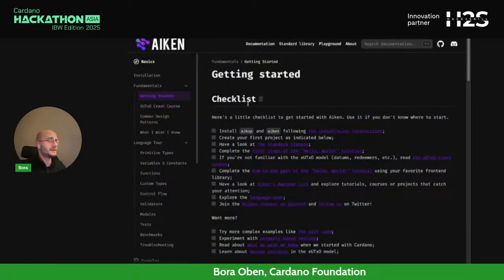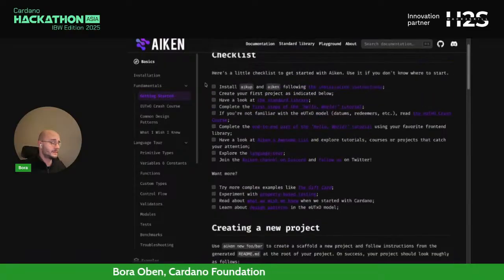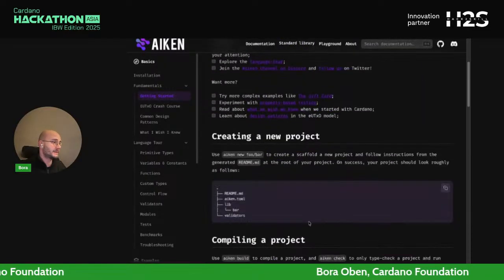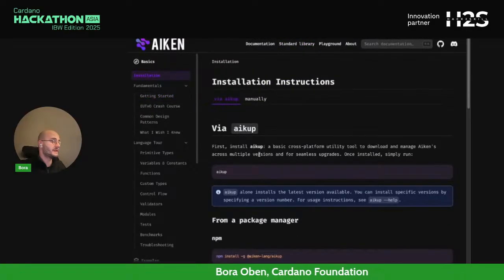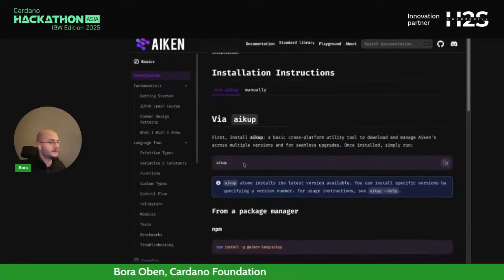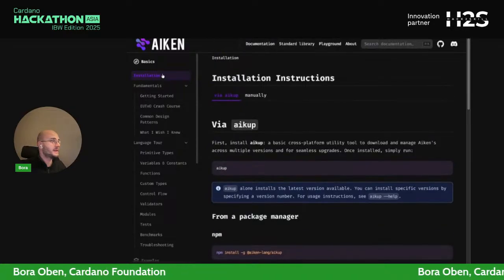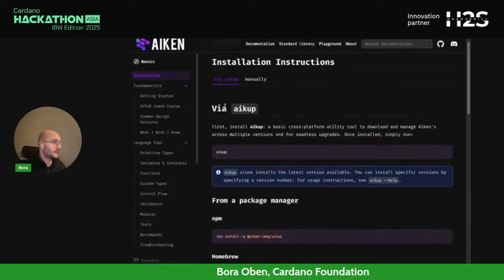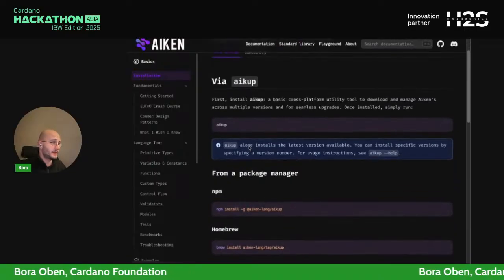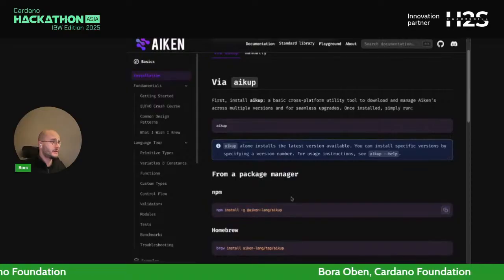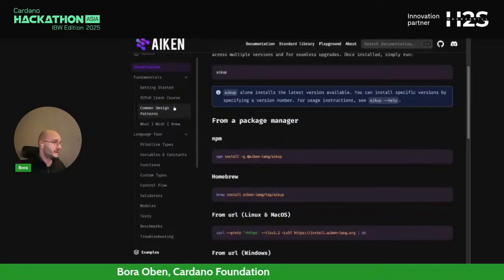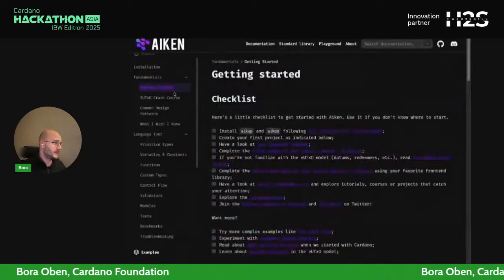So this is where you land, right? Getting started. I'm sure you will take your time to go through this after this session as well. But what we are interested in right now is how to install Aiken. Here on the installation page, you'll see all the options for your own system. Choose one and install Aiken. We can go ahead with npm, for example. We'll kickstart into development in a few seconds.